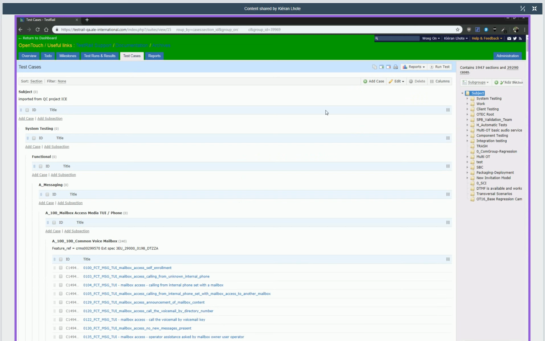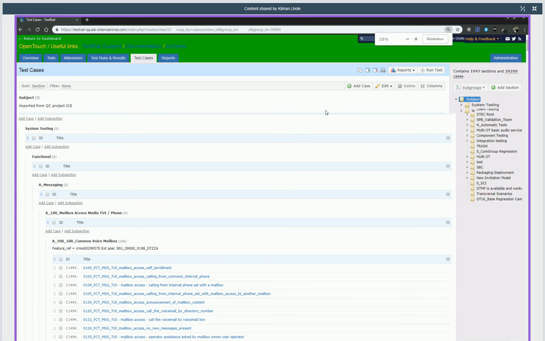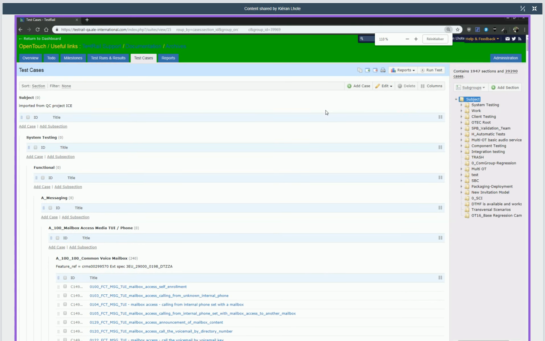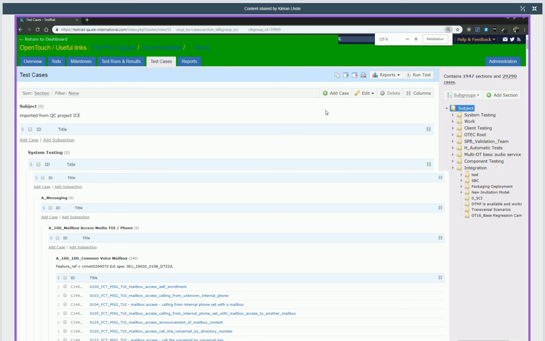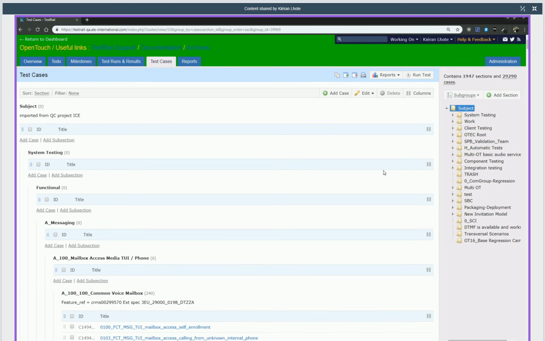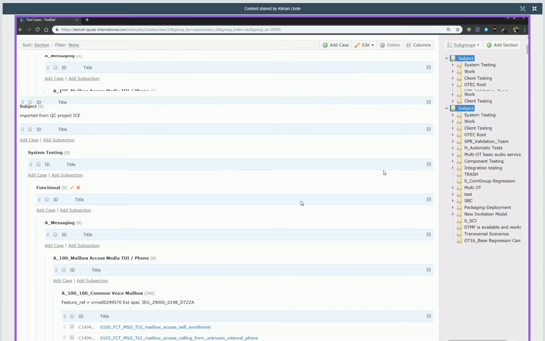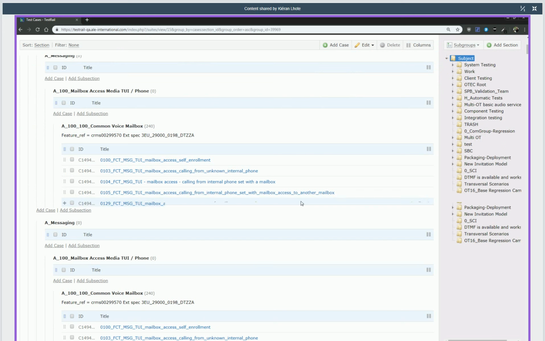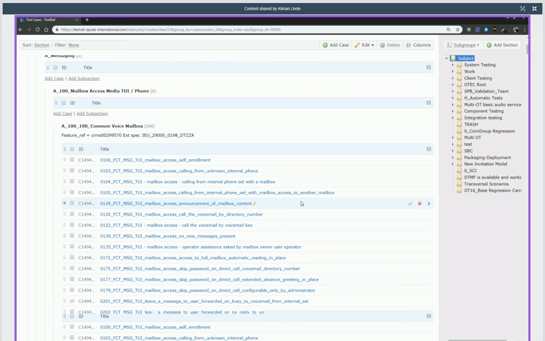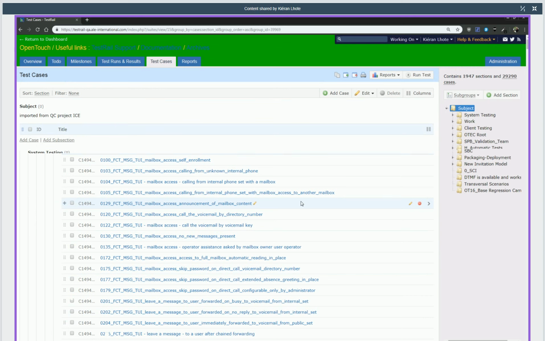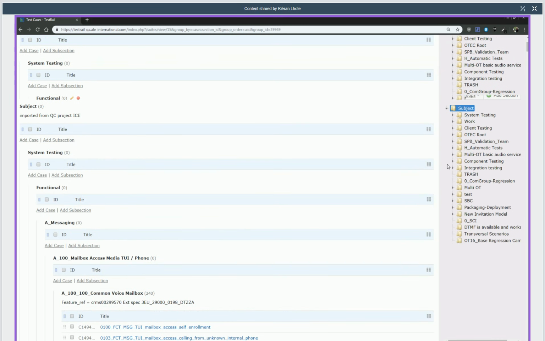Near to 30,000 tests were migrated. As you can see on the right side, you have the complete hierarchy imported from Quality Center and all the folders. And on the left side, you have all the test cases migrated. If you open a test,